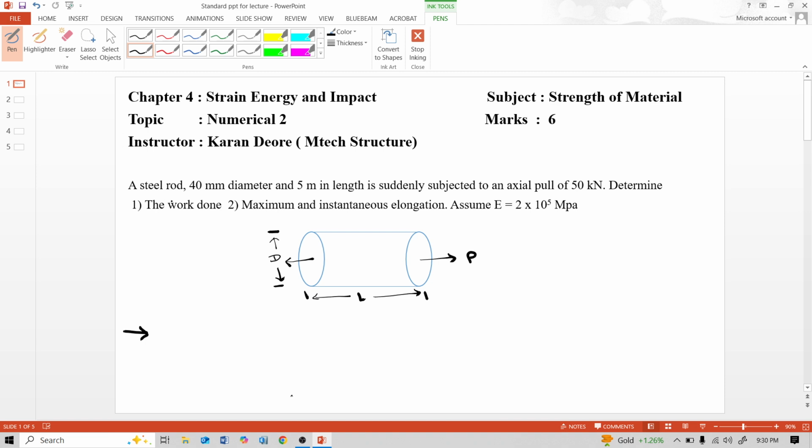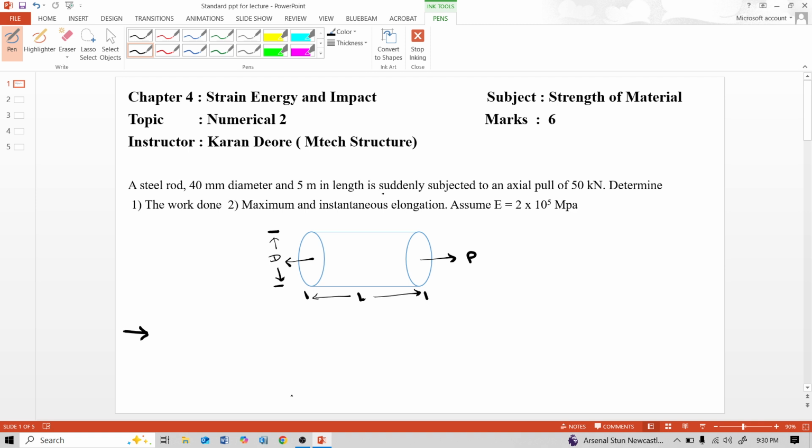This is the numerical. A steel rod 40 diameter and 5 meter in length is suddenly subjected to an axial pull of 50 kilonewton. Determine the work done, maximum and instantaneous elongation. And assume modulus of elasticity is 2 into 10 raised to 5 MPa. So in this numerical, they have given us the diameter 40, length of that bar 5 meter, and axial pull